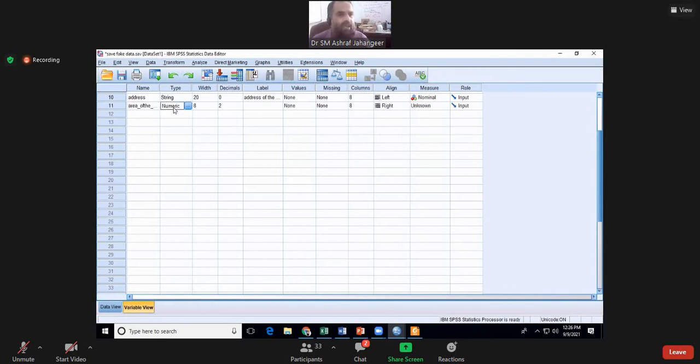So for the area of the city, we'll keep the variable as numeric, because we have 18 towns in Karachi, so we just need a 2 character variable, right? And we don't require any decimal places. So, area of the city Karachi,